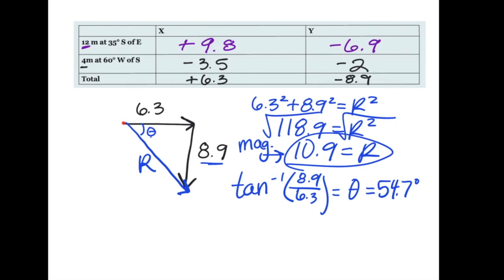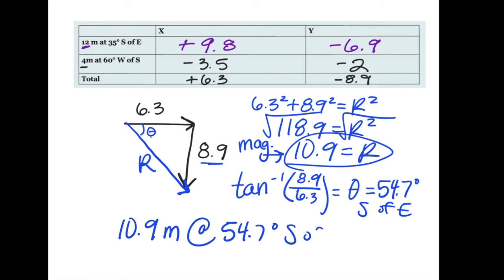All right. So this angle right here, this vector is going straight east, and this is 54.7 degrees below east. So it's going to be south of east. So our full final answer now is 10.9 meters, and it's going at 54.7 degrees south of east. And that is our full and